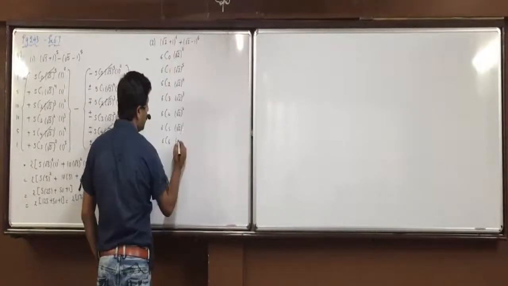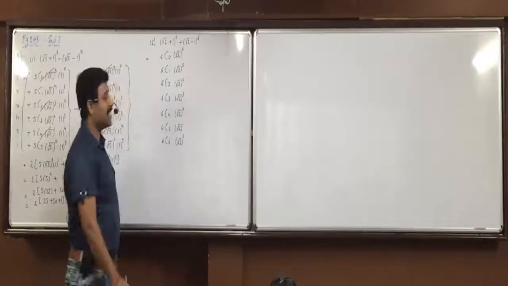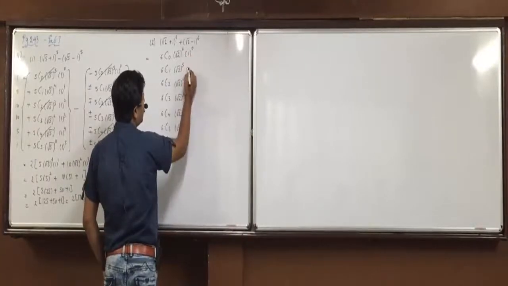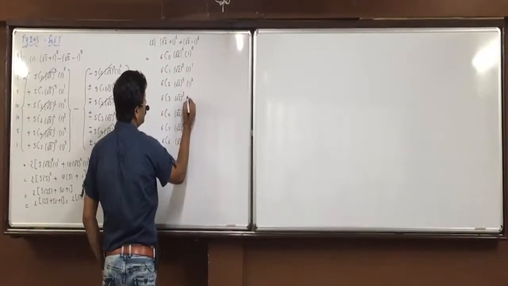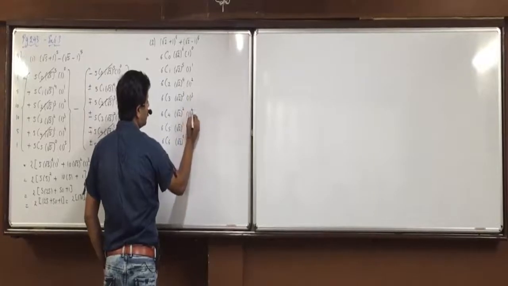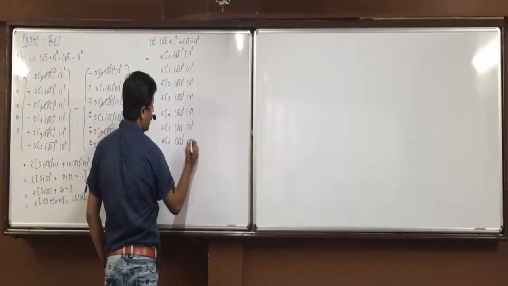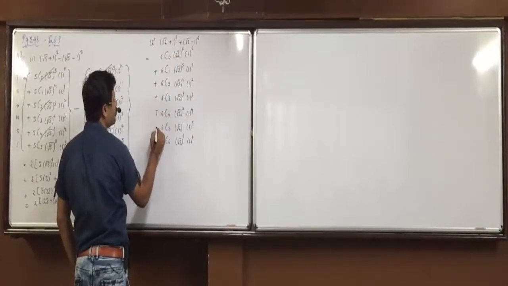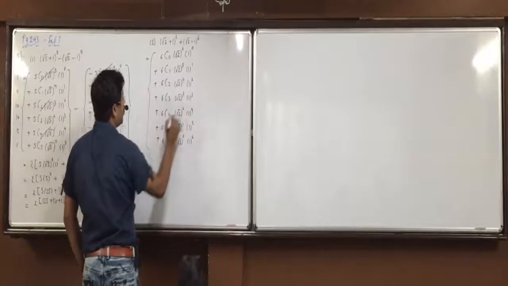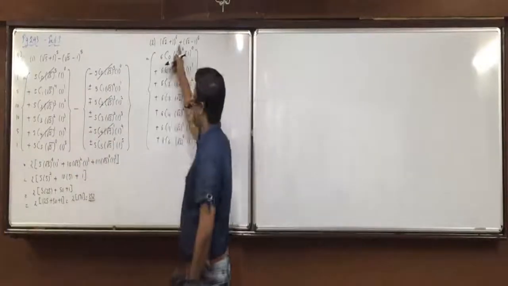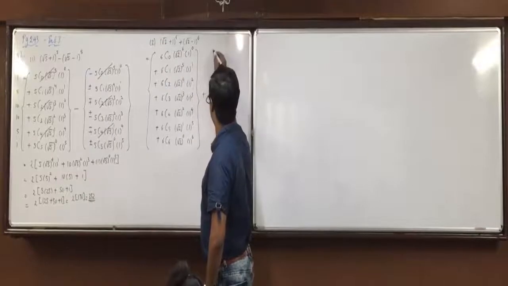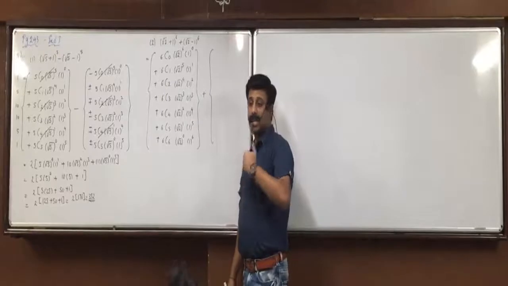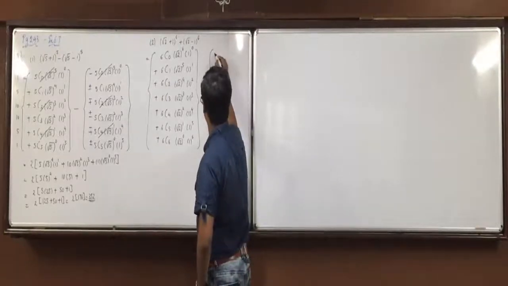Yes, Kiran, root 2 raised to 6, up till root 2 raised to 0. And third one, 1 raised to 0, then 1, 2, 3, 4, 5 and 6. In between everywhere, plus. Now what is the sign in between? Plus. What will you do on the right side? Same things you will copy with minus, plus, minus, plus, minus, plus. Okay, copy down the same things.